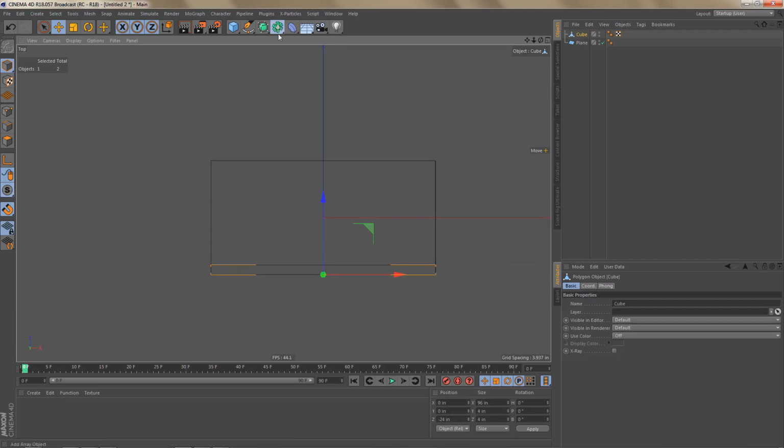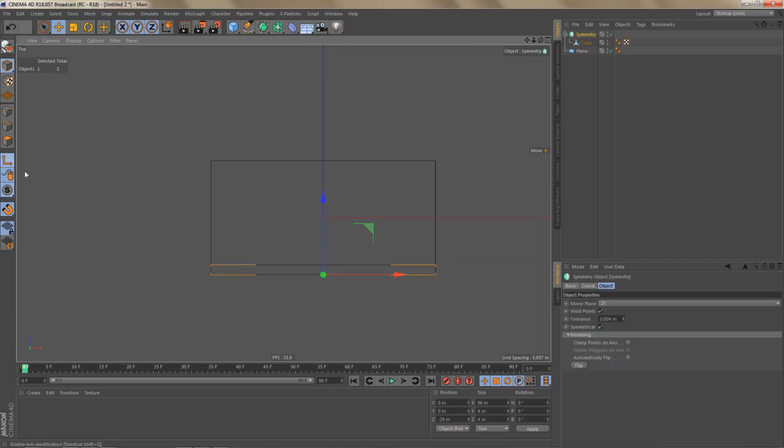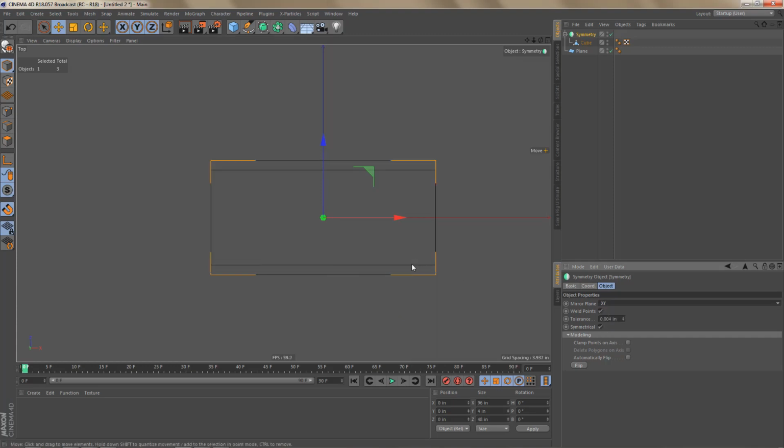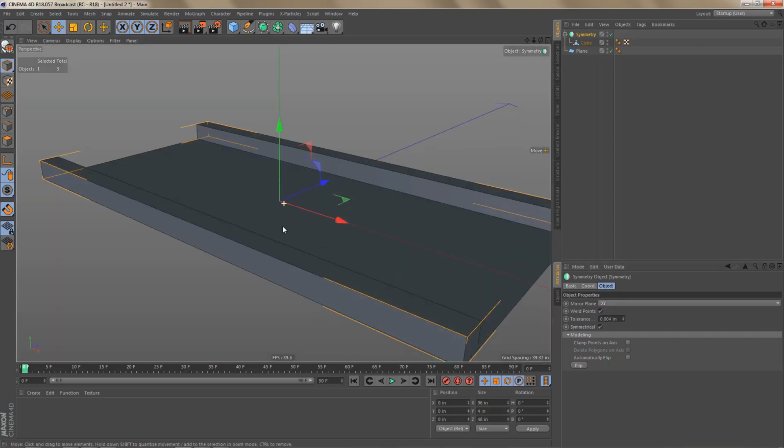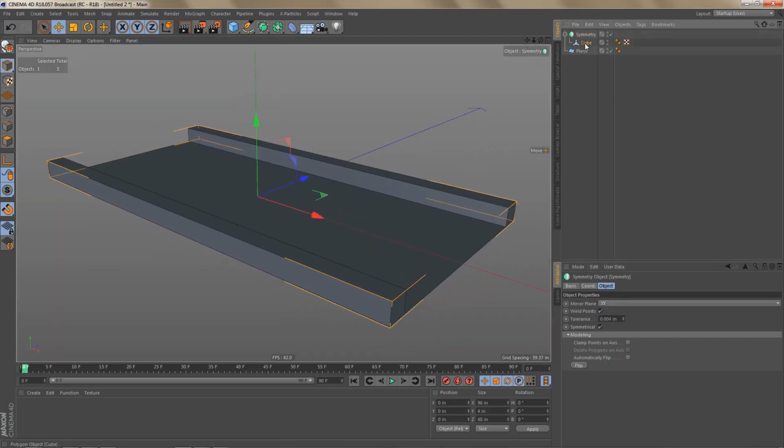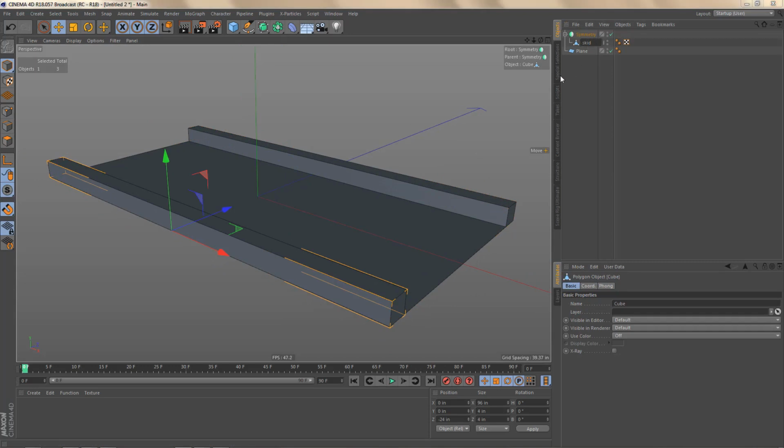And I'm going to put this into a symmetry object, change the position of the axis to 0, switch off the axis, and change the mirror plane of the symmetry object to XY. So this is the skid,